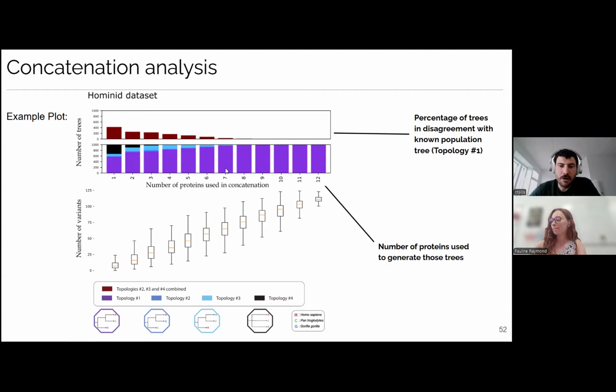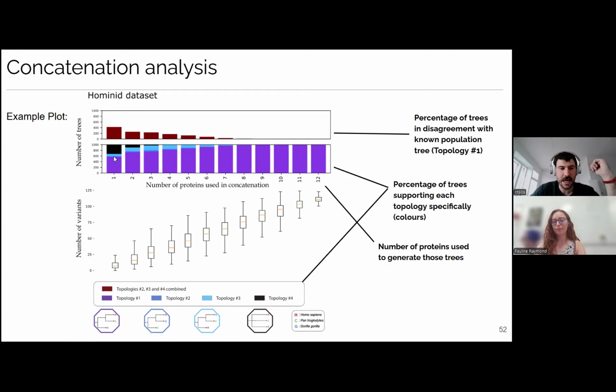And then on the lower row, right below it, we have, out of the 1,000 trees, again from 1 to 12, the full range or proportions of phylogenetic trees we generated among these 4 different topologies. So these 4 different topologies have 4 different colors. And then we paint this 1,000 tree bar plot with the percentage of trees that we generated.